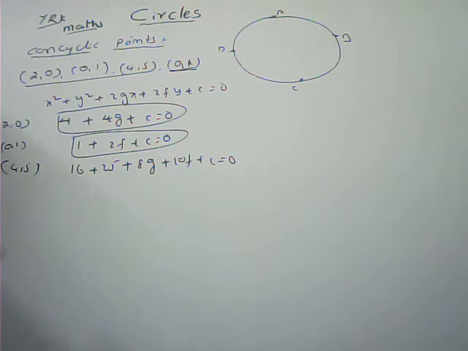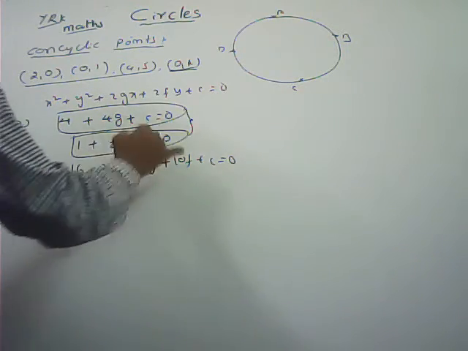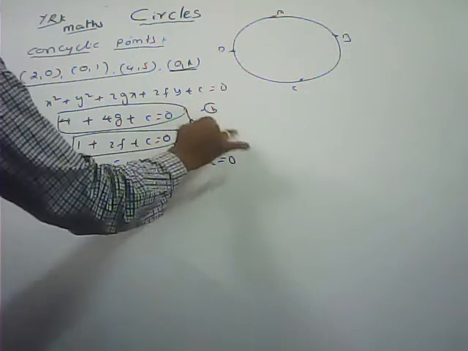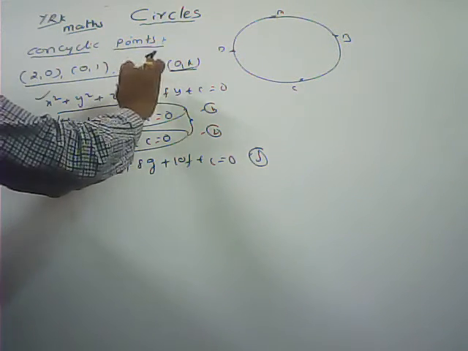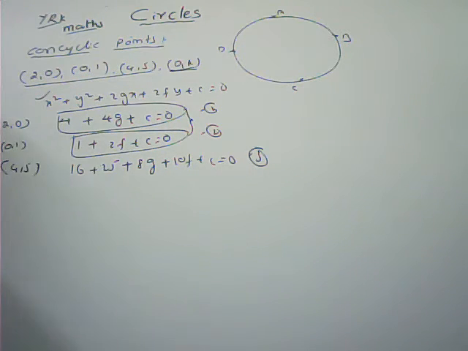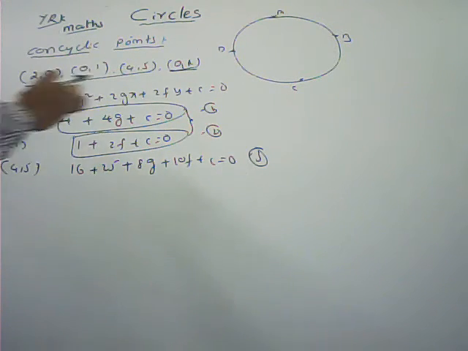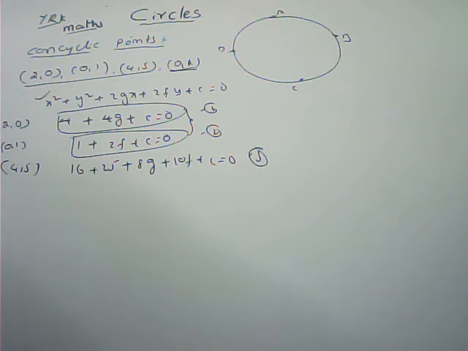Now by subtracting these two, 4 minus 1. By solving these three, here 3 unknown terms are there: g, f, c. So 3 relations we got. By solving these 3, we can get g, f, c values. Here we can substitute that one. We can get the equation of the circle passes through these 3 points. If all the 4 points are concyclic, the 4th point also lies on the circle only. By substituting 0 comma k instead of x comma y, we can get a k value.